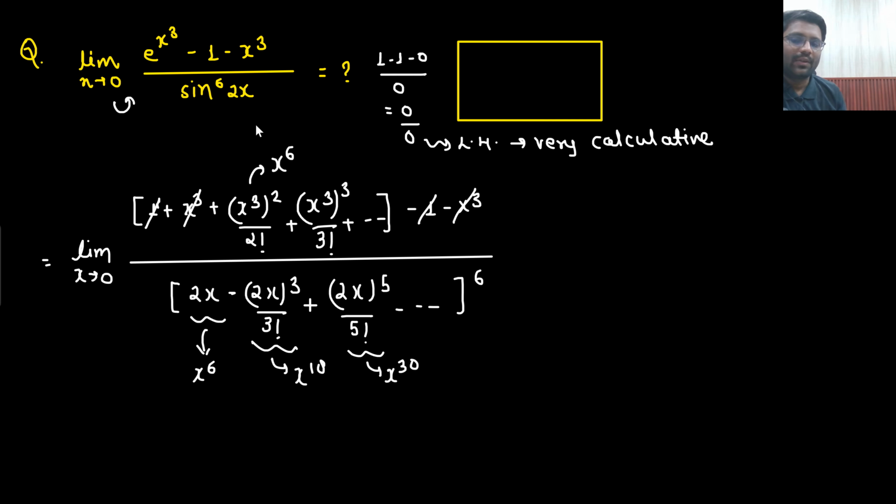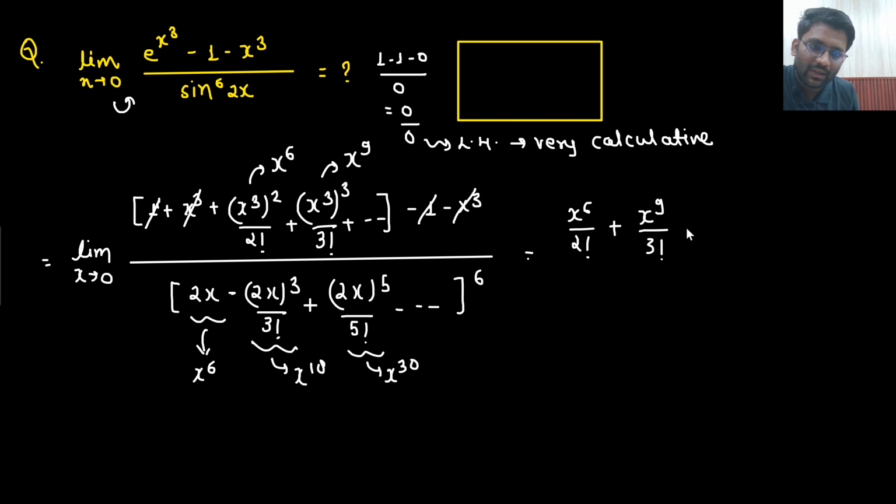Is that understandable to you? From here I am getting x to the power 3, sorry, x to the power 6. Here I will get x to the power 9. So after the expansion, these are getting cancelled. Then x to the power 6 divided by 2 factorial plus x to the power 9 divided by 3 factorial and so on, divided by,